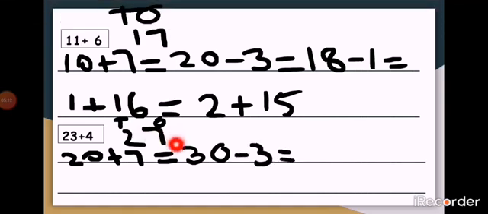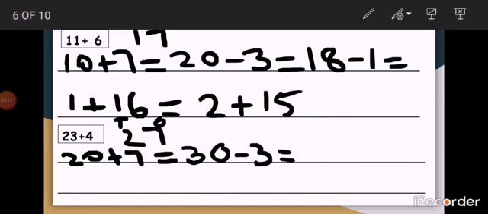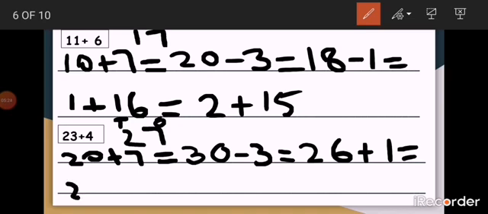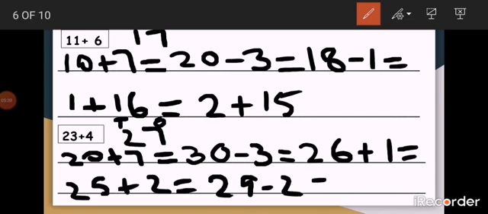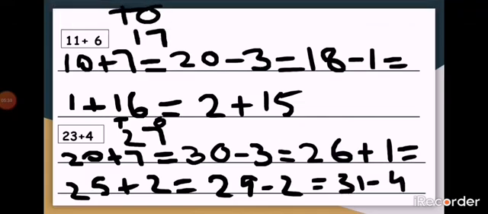Now next calculation. Can you look at the number? If you move back one number it is 26. So I can write a calculation with addition, 26 plus 1, or I can write 25 plus 2. And if I want to get a subtraction one, I will write 29 minus 2, or I can write 31 minus 4, and so on. There are many ways to get the answer 27. So think about it and find out as many calculations as you can.